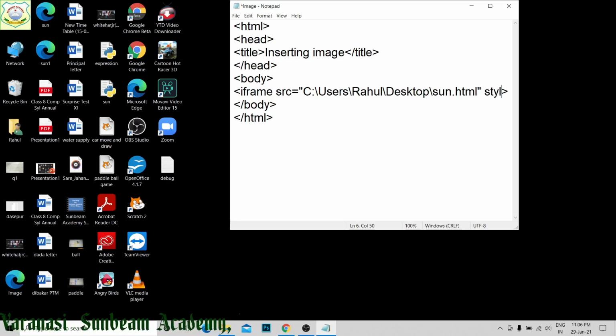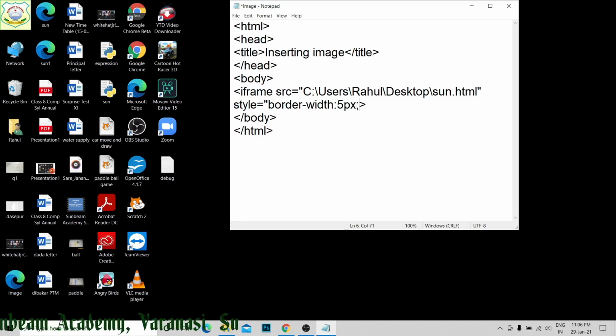Otherwise I am moving towards style equal to, and I am going to take border width. Suppose it is 5 pixels, right?